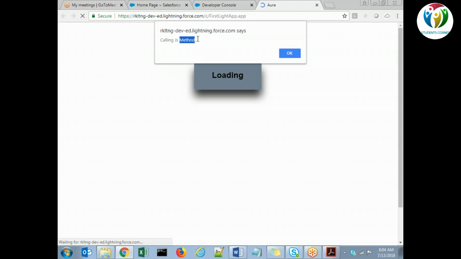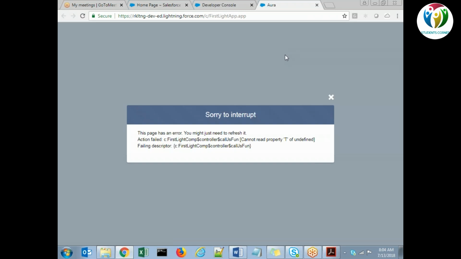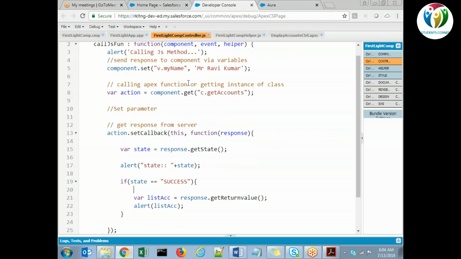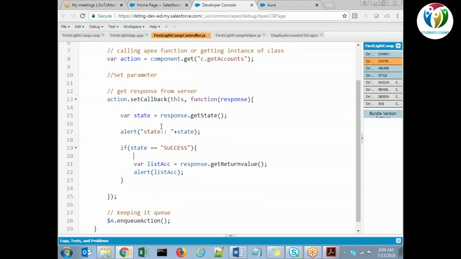It should be $A.enqueueAction. Okay, now what we missed is that we need to provide one reference variable inside this.